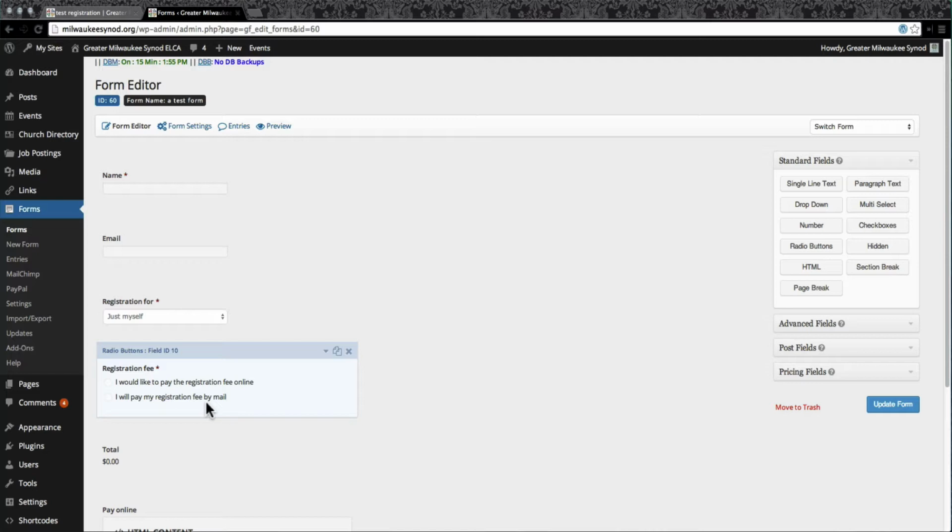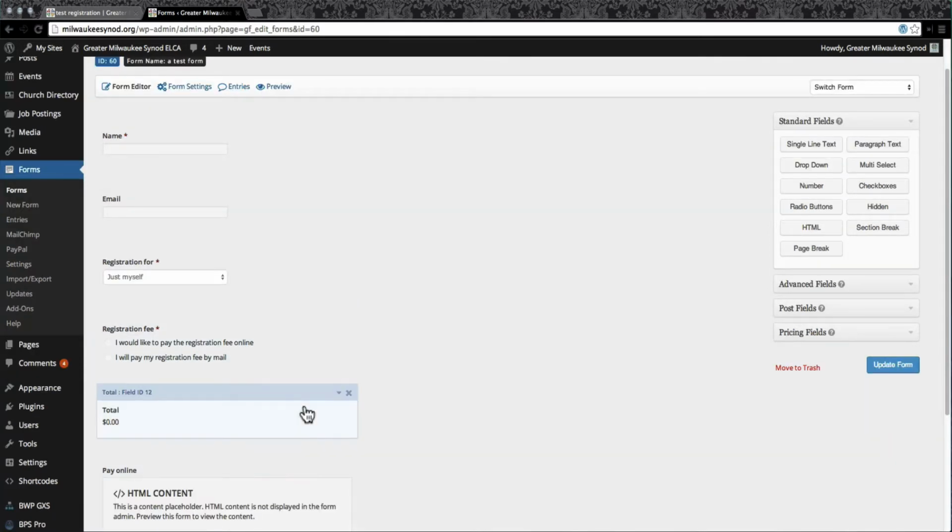So we can use what's called conditional logic, which is in this program, which makes it a little bit more complicated, but much easier on the user end, because it allows us to say, if they select, I want to pay the registration fee online, then when hitting the submit button, it'll send them to the online payment gateway. Or if they select that they will pay their registration by mail or send in a check, however the wording is, it would just submit the form without redirecting them to Dawala, which we have been